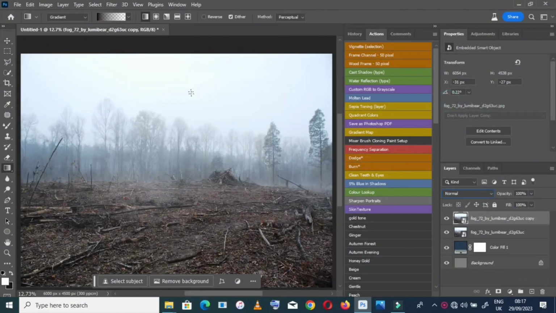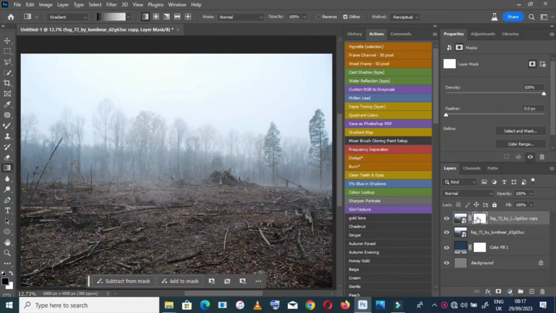Then go to the gradient tool and make sure the upper layer is selected. Make sure the upper layer is selected, layer mask,